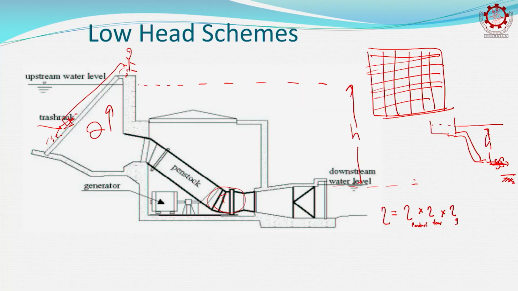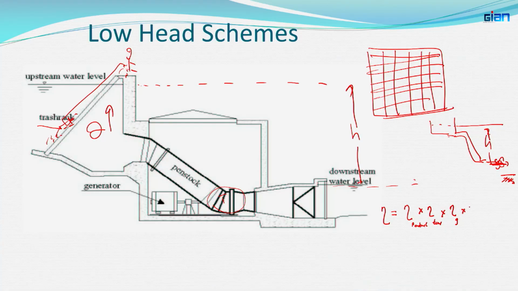Sometimes there may be a gearbox also. If the speeds do not match, in some projects you have a gearbox. If there is a gearbox also, there will be energy loss. But even if there is a direct couple, then you have the generator efficiency, right. So, the efficiency of the generator comes in, right. And then you might have a step up transformer, right, to increase the voltage for transmission. So, you have an efficiency of the transformer,